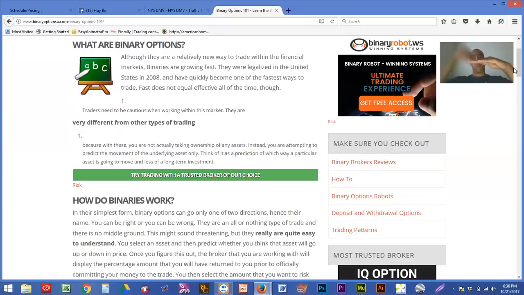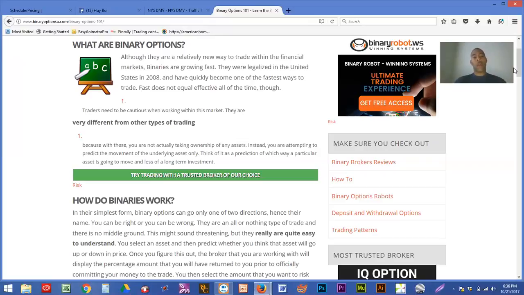Vice versa, if you think the market is going to go down and it finishes a fraction of a pip below, meaning, percentage in points is what pip stands for, then you're going to win that trade. Vice versa, if you think it's going to go up and it finishes a fraction of a pip below, you're going to lose. If you finish at the same level that you got in, then you'll just get the same investment that you put in back. So you'll break even basically.